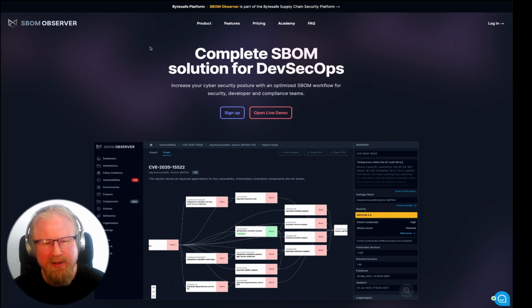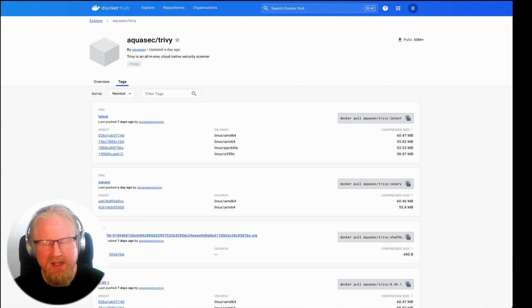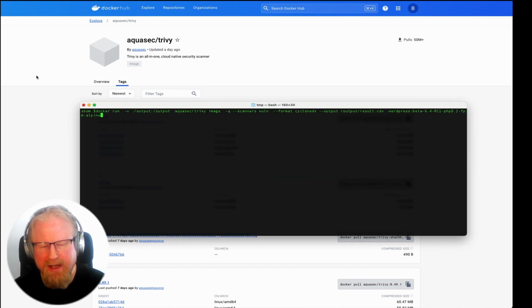Alright, to get started, we're going to use Trivy, which is an SCA tool by Aqua Security. And Trivy can produce a CycloneDX format SBOM, which is what we're going to use today. So I prepared a one-liner that will help you get started quite quickly to produce an SBOM from any kind of Docker container that you might have. I'm going to share this one-liner in the description or in the details somewhere,